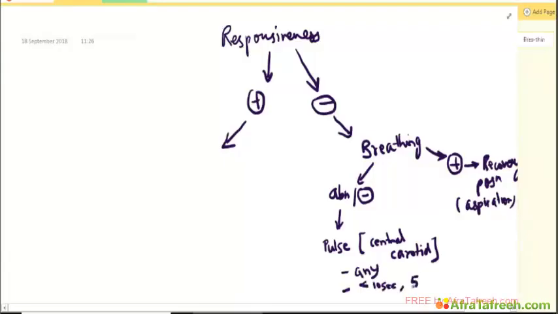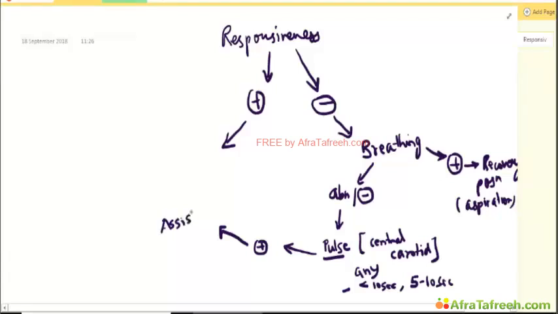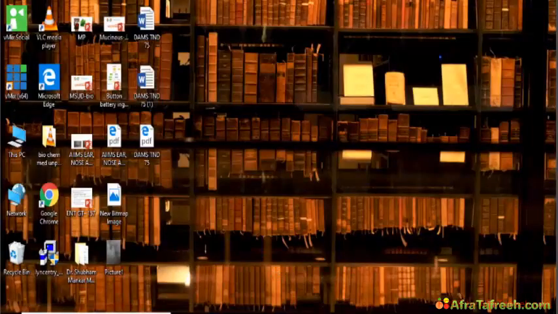It's recommended to check it for 5 to 10 seconds. If the pulse is present, mind you, the patient has an abnormal breathing, so you give the patient assisted breaths. If the patient has no pulse,